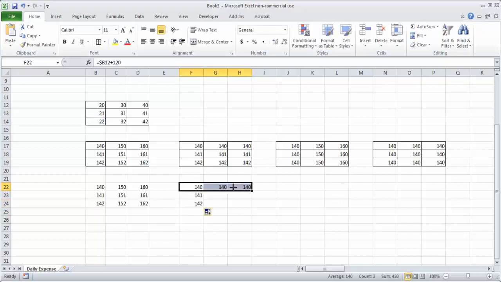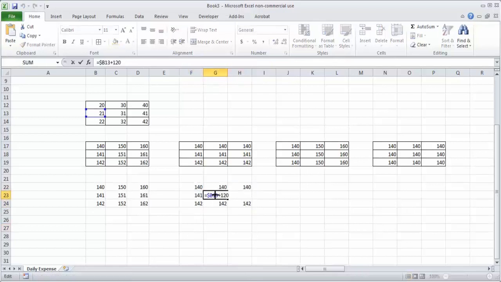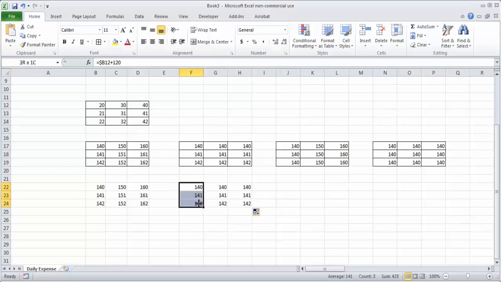Rather than doing it for one, if I do the entire range, you find that over here it is B13, B14. So you got the values, whatever the value in the first column is the same in the second column, and the same in the third column. So what we have is absolute referencing of the column.